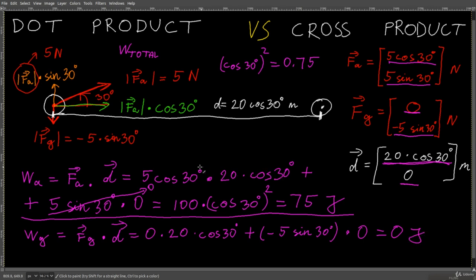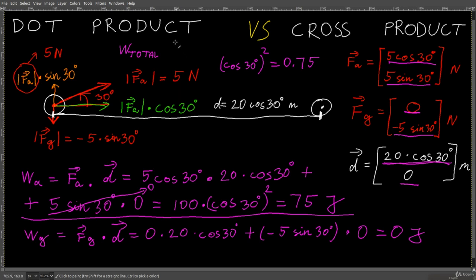And it makes sense because does the ball move in the direction of the force of gravity at all? It doesn't. It only moves horizontally, but the force of gravity is vertical. And work depends on the product of the force and the distance. The ball must move in the direction of the force, at least a little bit, in order for this force to do some work. If it doesn't, then there is no work.